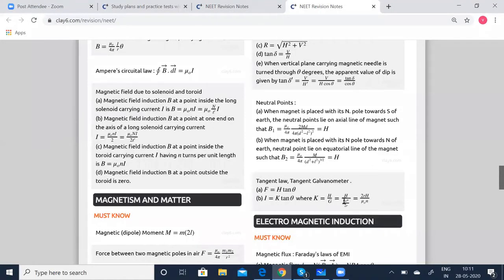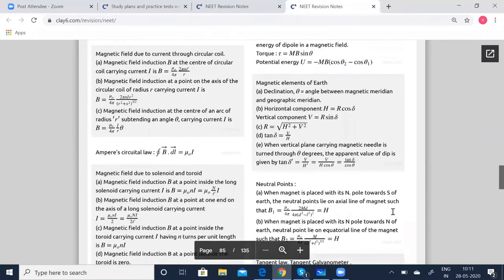So using this value, generally the K value will be given, with mu 0 being a constant, and R is going to be the radius. This G stands for the galvanometer constant. In general, K itself is a galvanometer constant, which is going to be constant for a particular galvanometer. So the value of K will be given, and using that with the angle of inclination theta, you can now find out the current. With this, we have completed the important formulae and concepts which you'll have to learn in this particular chapter.